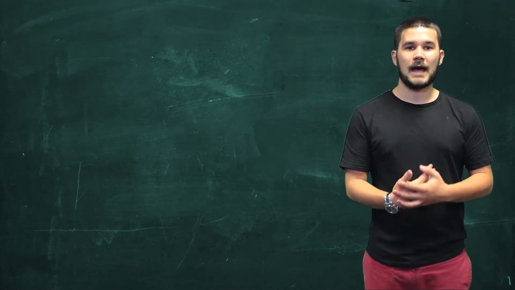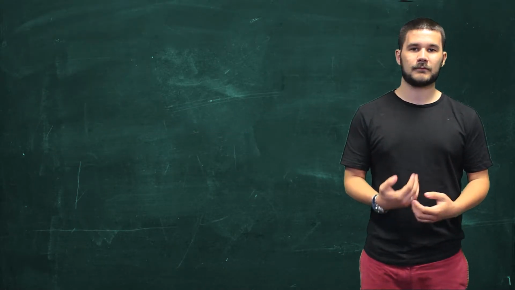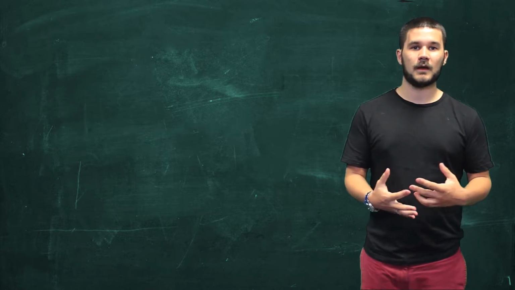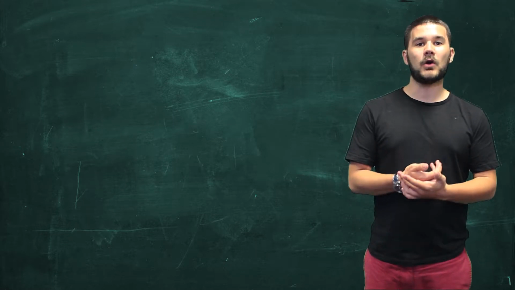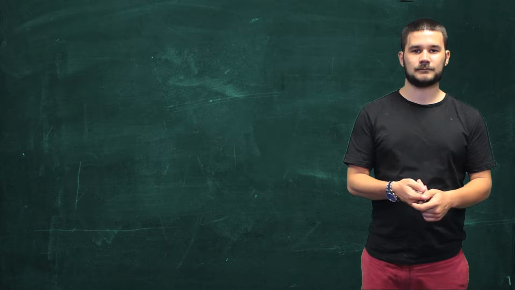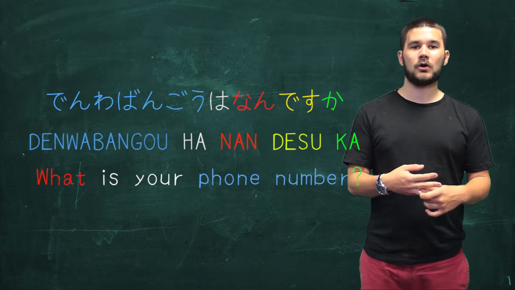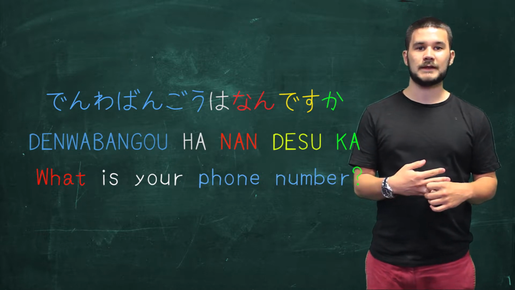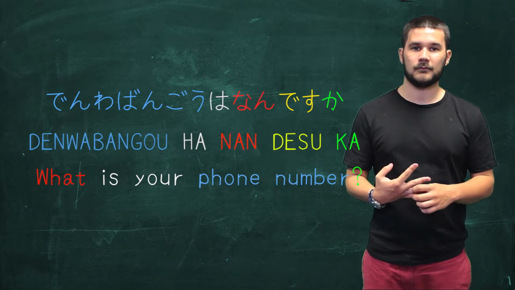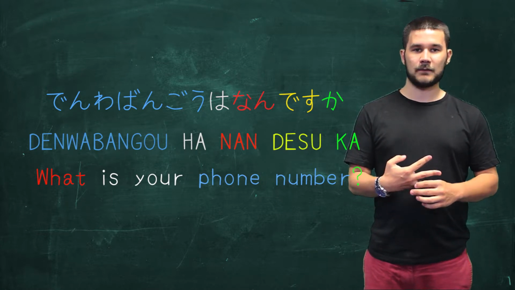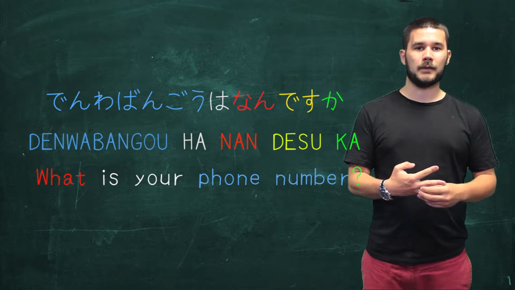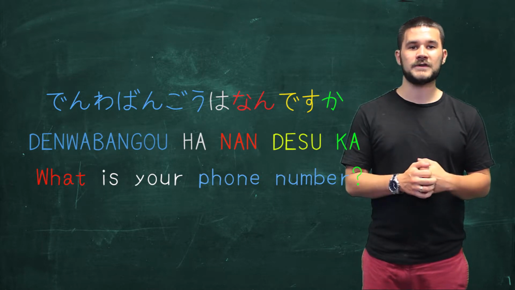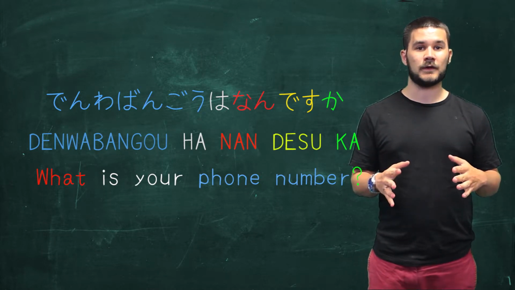Now we're going to have a look at how we say our phone number. Now it's a little different in Japanese when you're asking somebody their phone number. The phrase is, 電話番号は何ですか? 電話番号 means phone number. 電話 means phone, and 番号 means number. 電話番号は何ですか? Remember that when we have a question that uses nan, or a question word such as